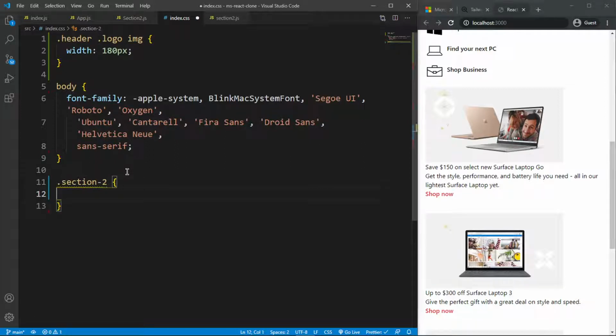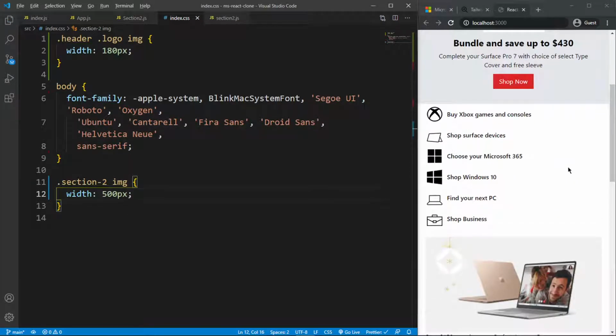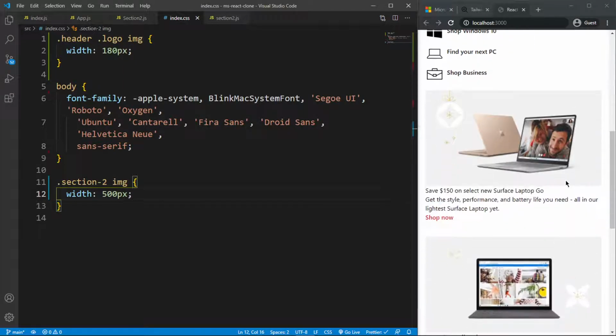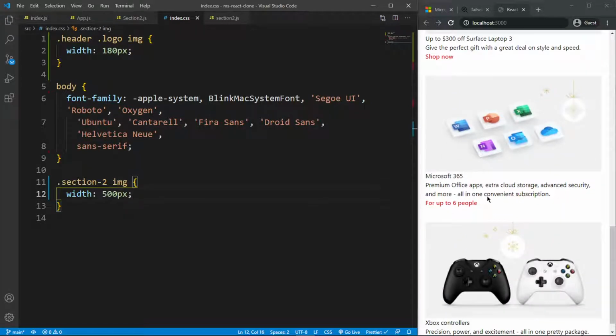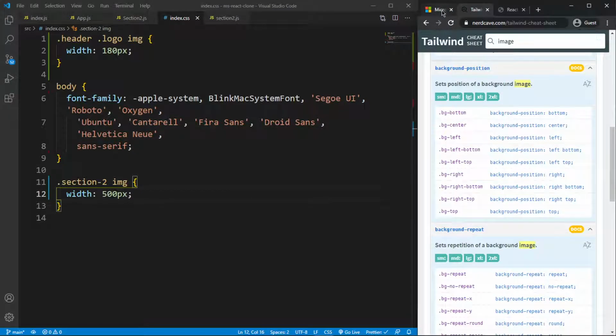And I'm going to say for the images I want the width to be 500 pixels, like that. Okay, so that increases the size, but I should reduce it for lesser widths, right? I should actually do that, but I'm not going to do it currently